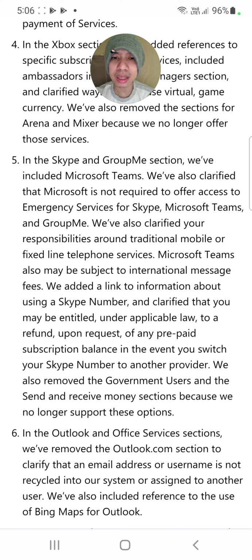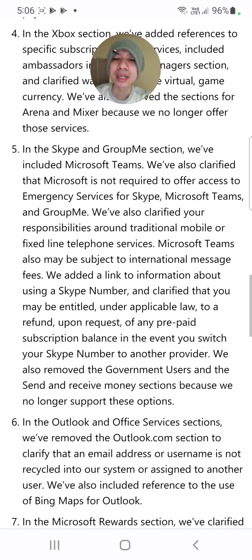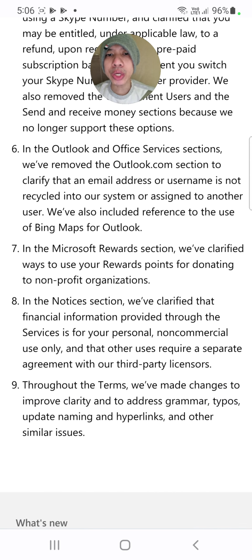We added a link to information about using a Skype number and clarified that you may be entitled under applicable law to a refund upon request of any prepaid subscription balance in the event you switch your Skype number to another provider. All right. Next, in the Outlook and Office Service sections, we've removed the Outlook.com section to clarify that